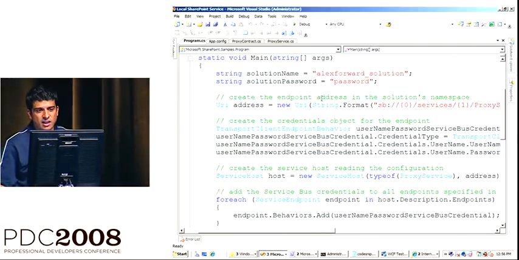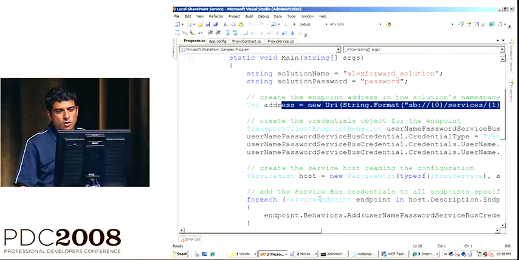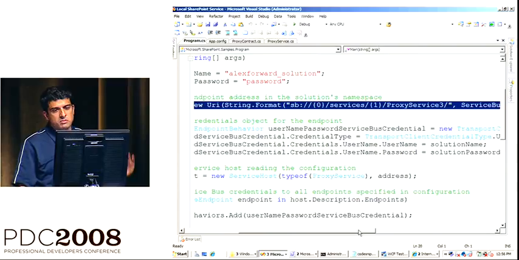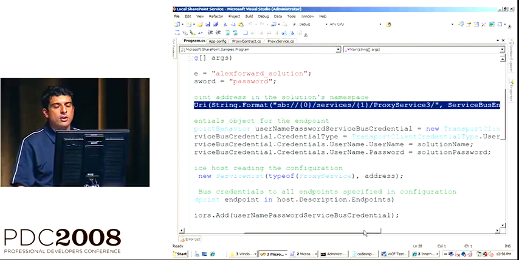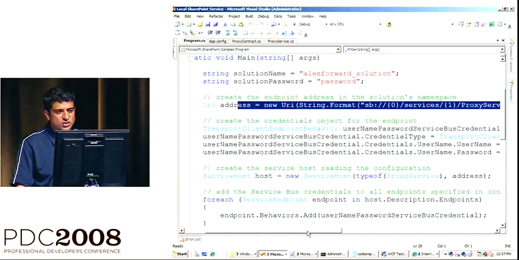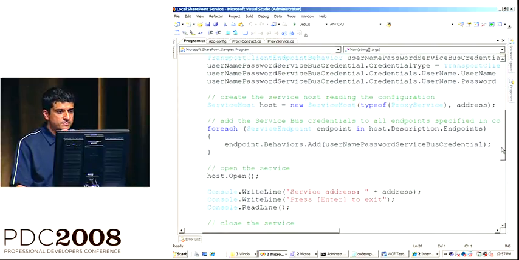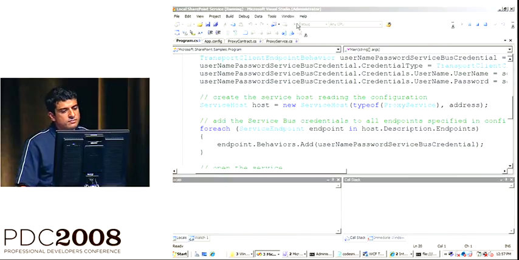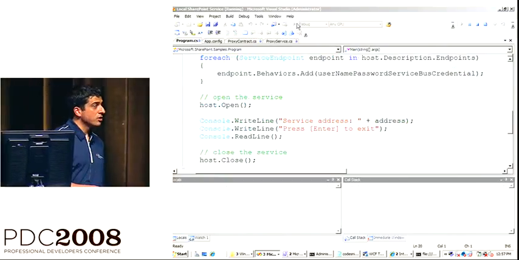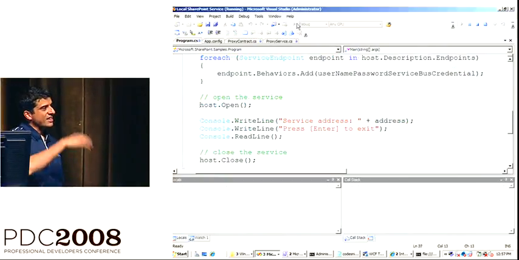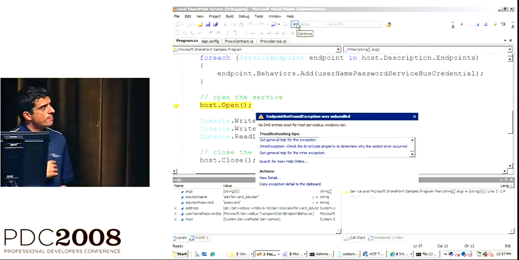Essentially, this is the key line. You just need to define a unique URI, and this is actually a fixed notation. If you go through the .NET Services SDK, this stuff's really straightforward. I called it proxy service 3. And then you just go through normal WCF stuff of creating a service host and opening it. So let me try to run that. Essentially what this is going to do is create a service on my local machine that is accessible. Well,